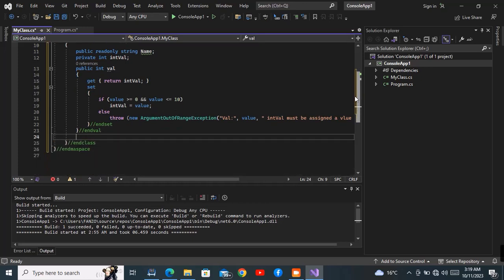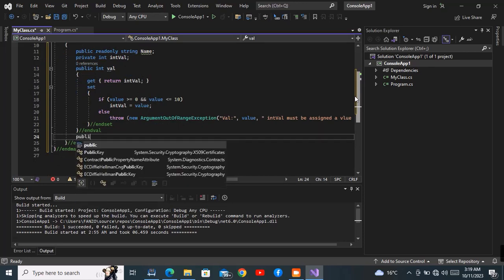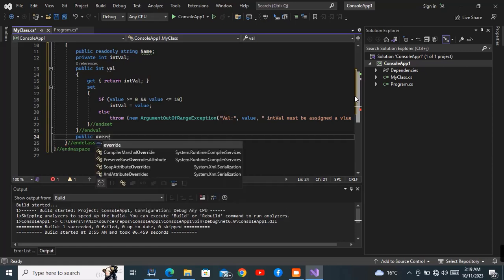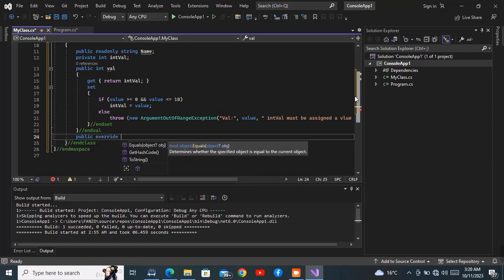And when I am outside, I want to have a public, and then what is it that I want to do? I want to override. And what is it that I want to override? Let me just have a public override